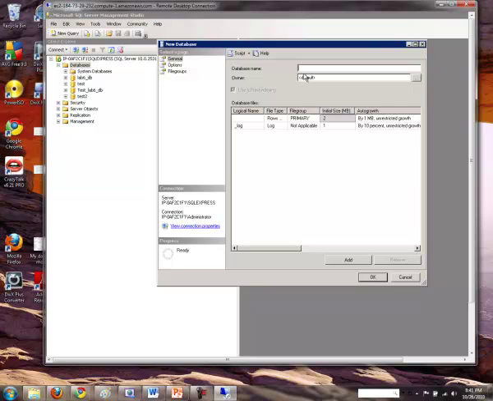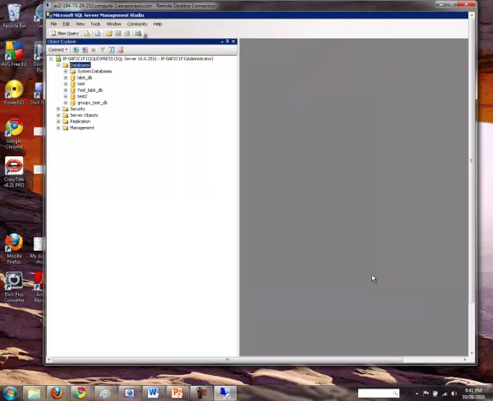For example, I'm just saying group X underscore test underscore DB, and I say create a database, and I can see that my database has been created.